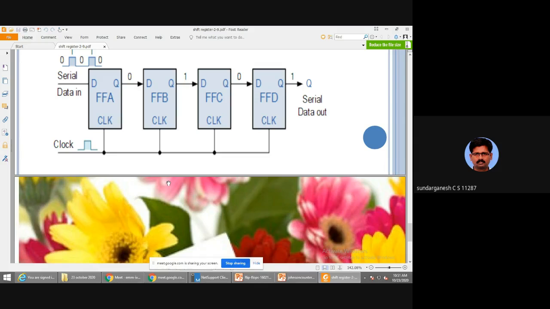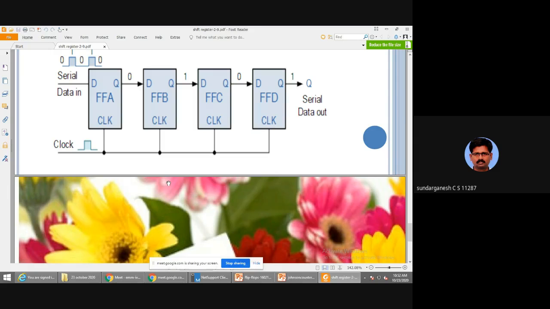Another connection is parallel in, parallel out. Here there is no connection between the flip-flops. If you look at this, there is no connection between one flip-flop and the next flip-flop. They are individual flip-flops. In parallel out connection, A, B, C, I'm giving 101 in parallel, and you get 101